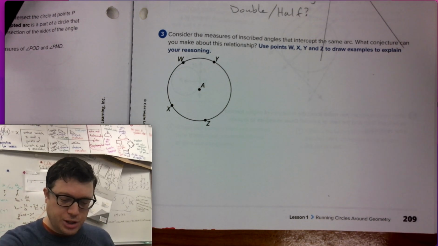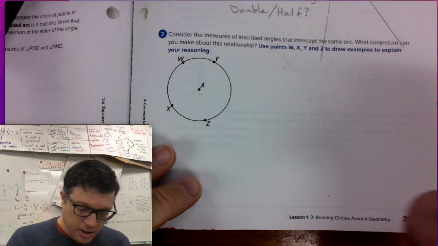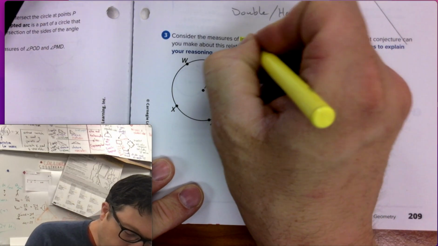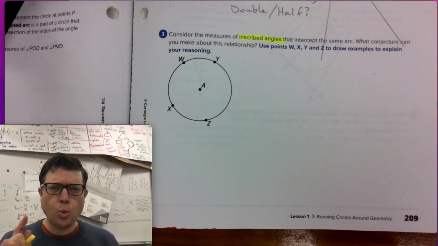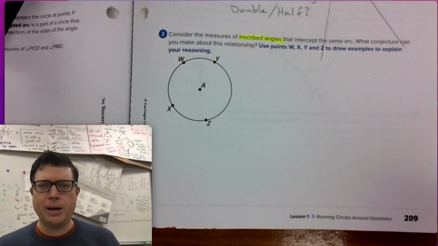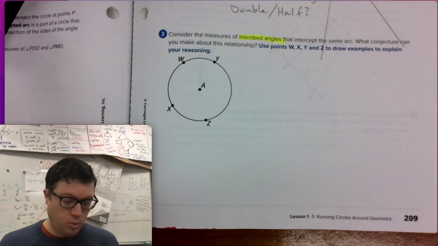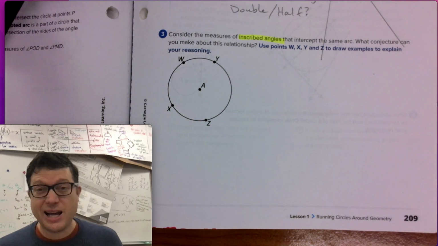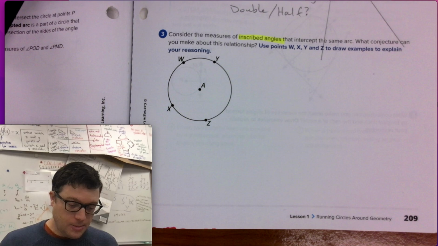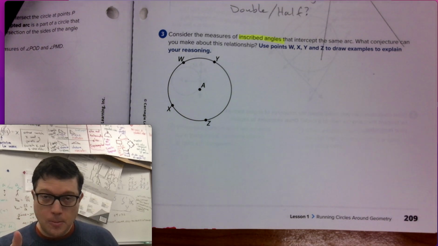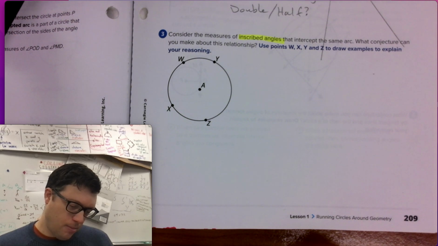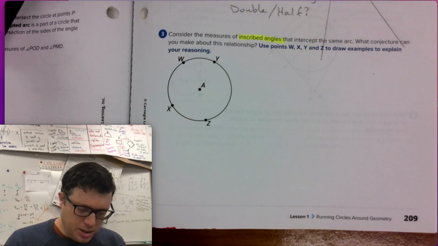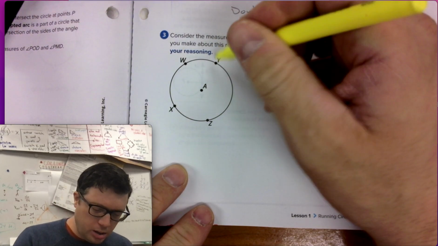So to match the information from up above, let's go yellow for inscribed angles. Highlight the vocabulary. What conjectures can you make about this relationship? Well, what relationship? Inscribed angles? I guess we better draw some inscribed angles. They don't go from the center. What's going to be easiest? Let's do the inscribed angle along